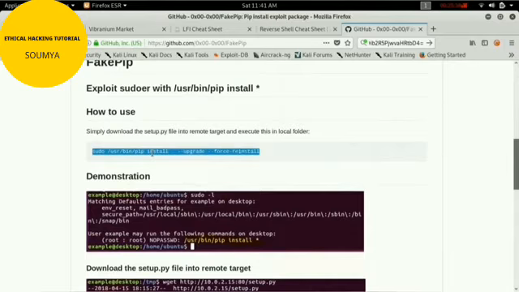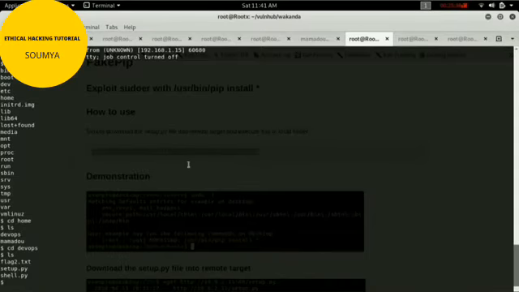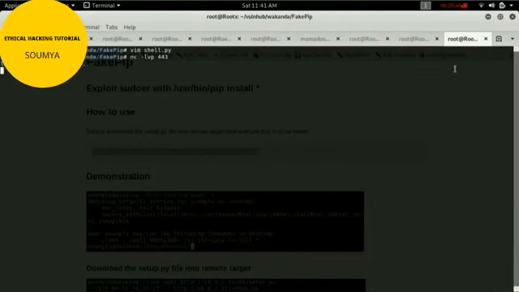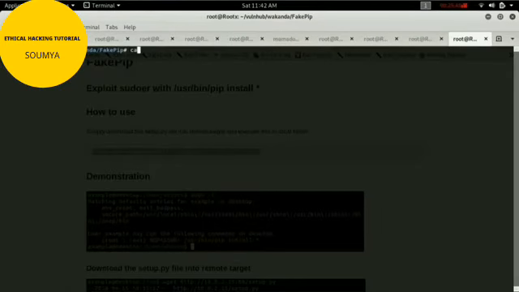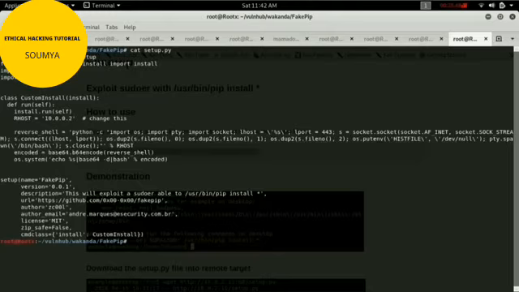Python. Just copy and paste it. Okay, what is in there? Maybe change this. Maybe we should change the R host. I think so. I don't know.